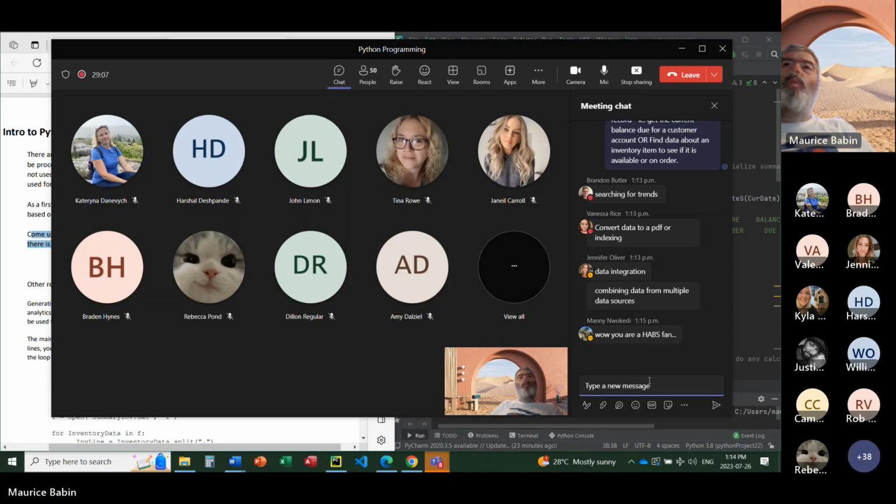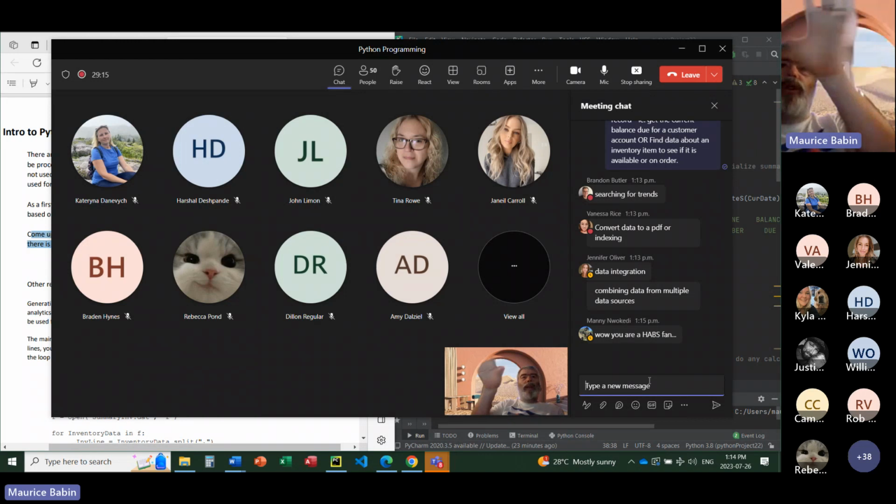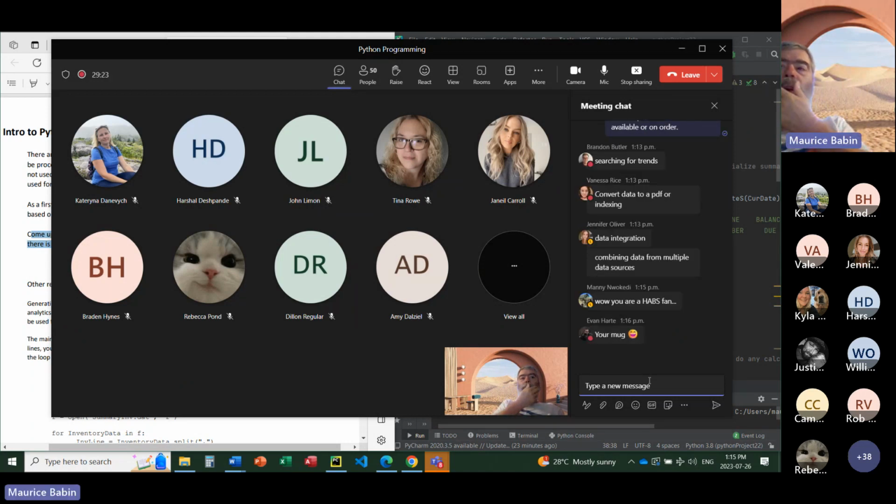When we generate a relational database and it's got all kinds of tables and all kinds of information, it's possible that the information